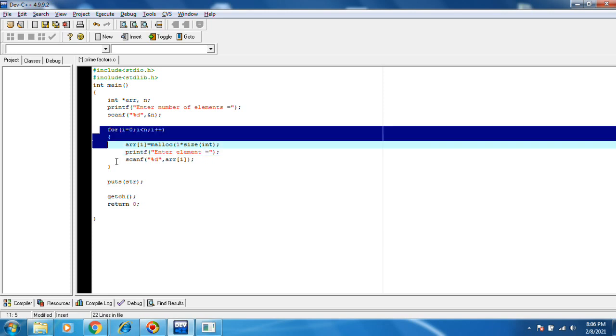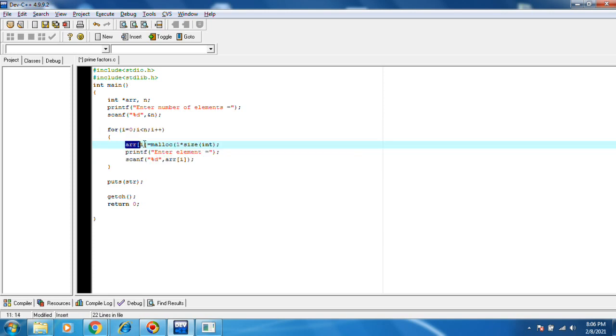Now I have entered arr of 0, I am allocating this much memory. Arr of 1, I am allocating memory. Arr of 2, allocating memory, and then adding the data. Arr of 0, I am adding the data. Arr of 1, allocating memory, adding data. Like this, it will work.